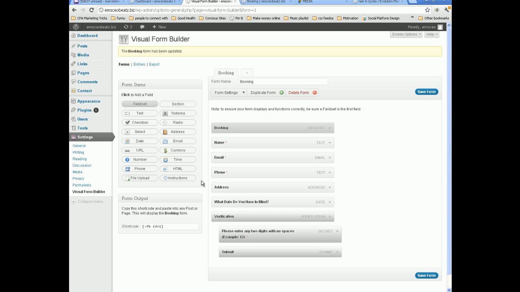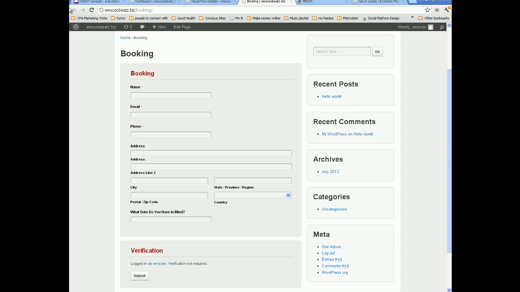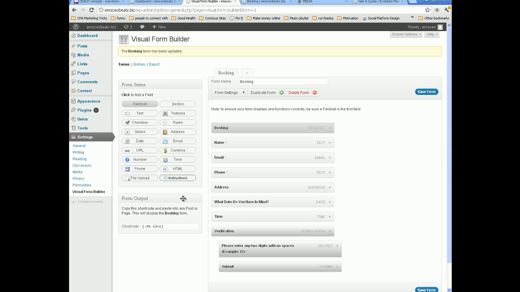We could choose time too. So you click on time, and of course time is going to go right under the date. You hit save form. Let's go back and check out the page. Now you have time under the date, so they can also choose what time they want to book you for. And then after that, the last thing we may want to add is just a basic